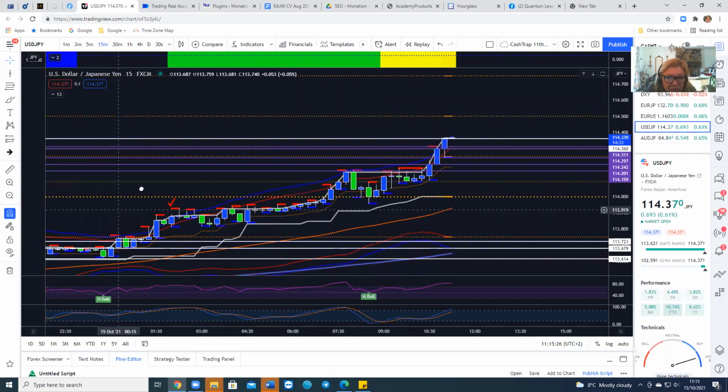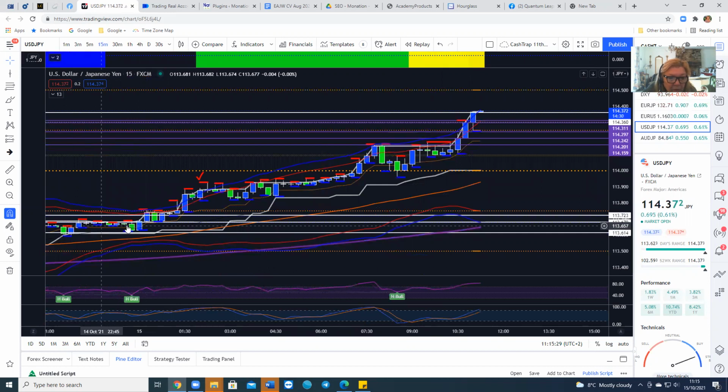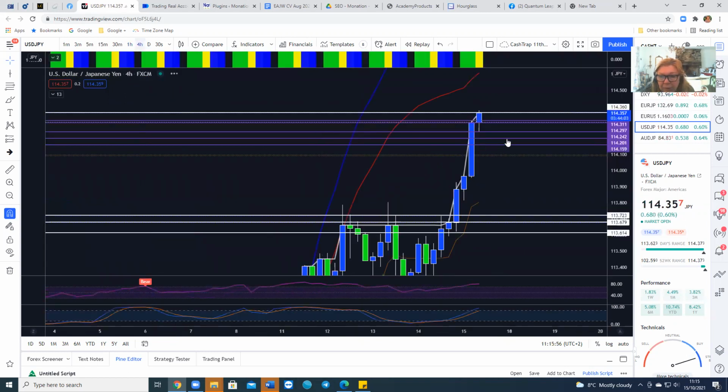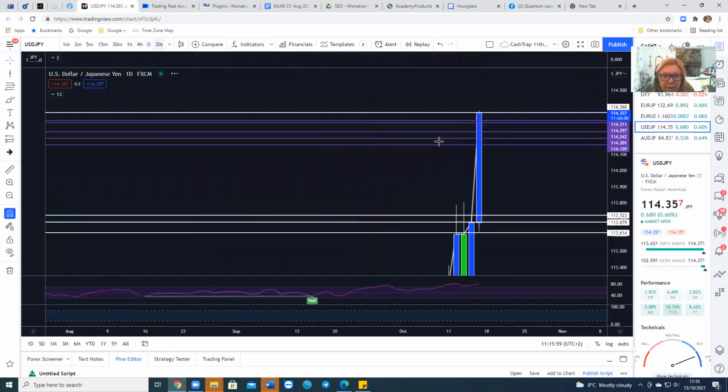So just put it on the 15 minutes and we can see what price is doing. So it's taken that quarter point level, gone up. Sorry, that's one of my hourly lines. This is the quarter point. It's come up to the quarter point, broken through it, retested, and carried on up. And this is its next one if it carries on up to that level, 114,500. Now we don't know if it's going to carry on up to that level. But when I did go out to the daily,